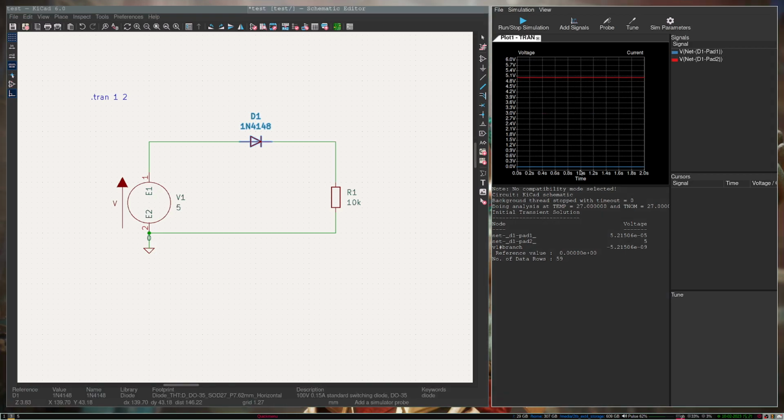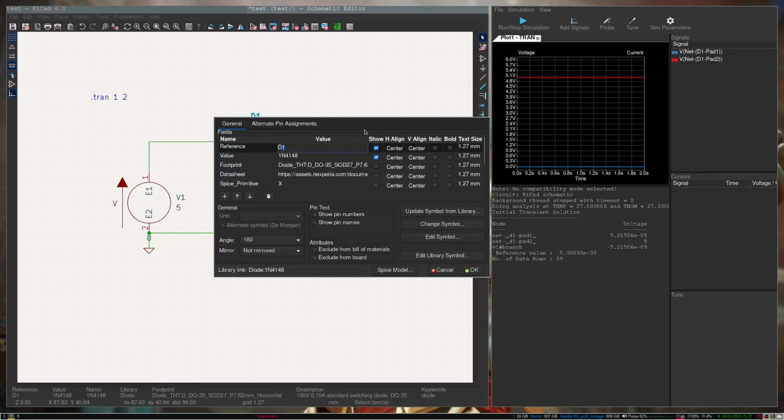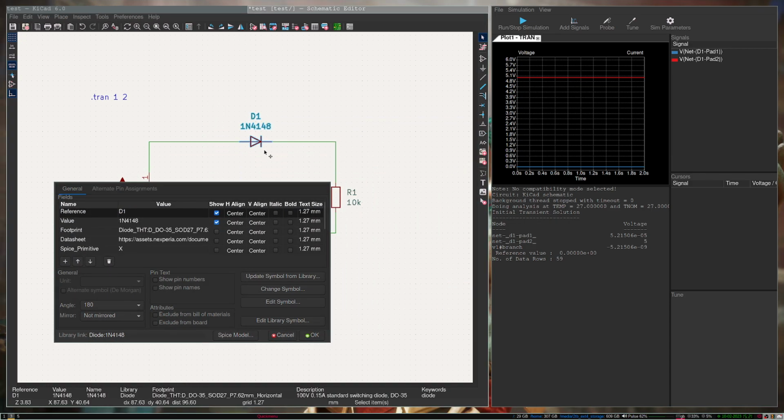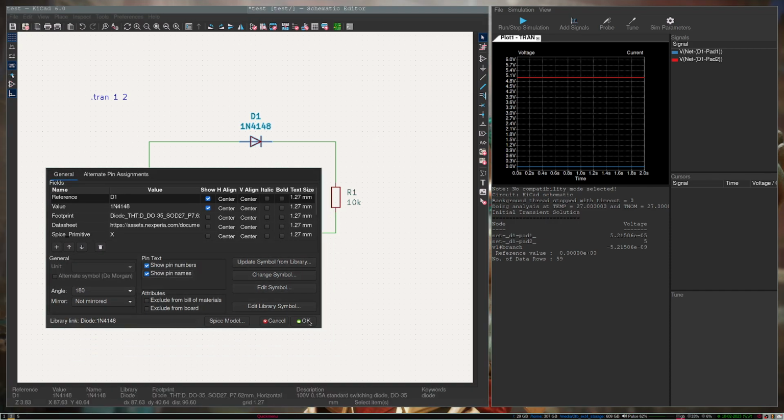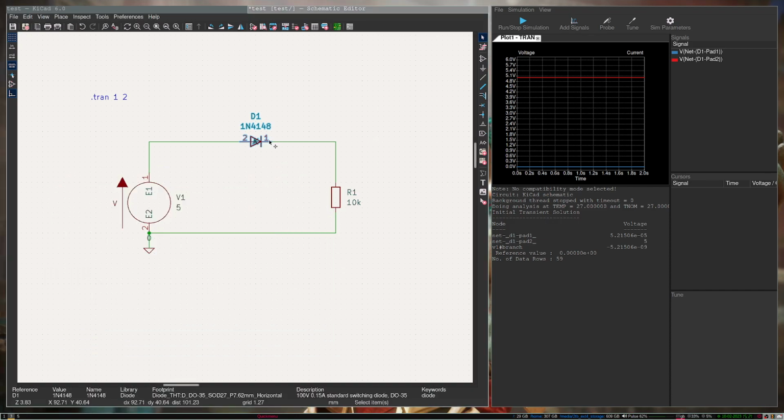It's 0 volts. Now, why is that? It's because of a very simple reason. I'm going to show the pin numbers on this diode over here. This is a crucial step that confused me for a while trying to get into circuit simulation. So I'm going to show the pin numbers here on this diode, and the input is pin 2 and the